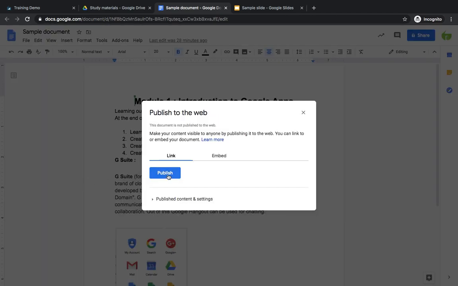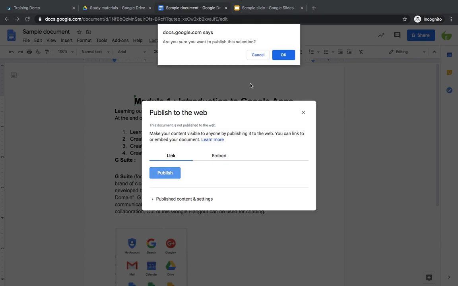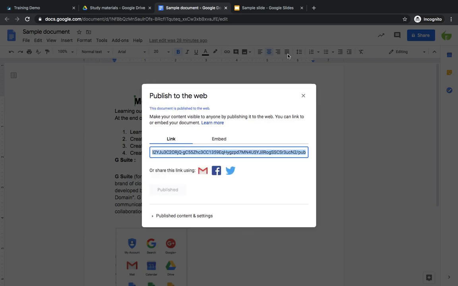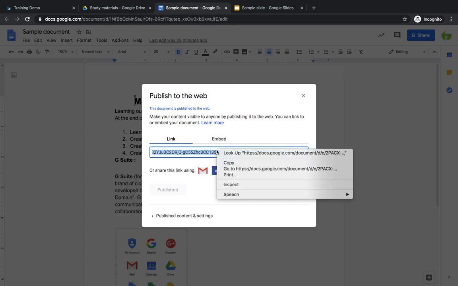You can click on this blue button, publish. You will be asked for confirmation. Give confirmation and go to the link tab itself. You need not go to the embed tab. You can copy the link in the link tab itself.